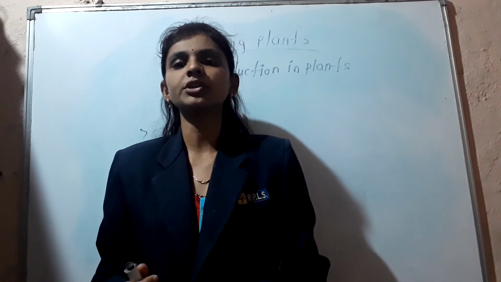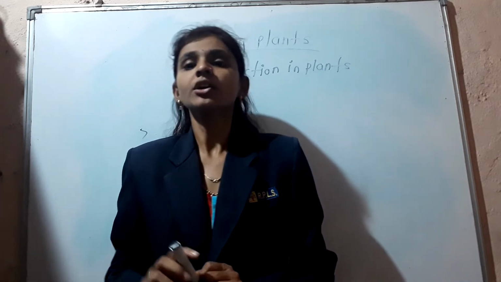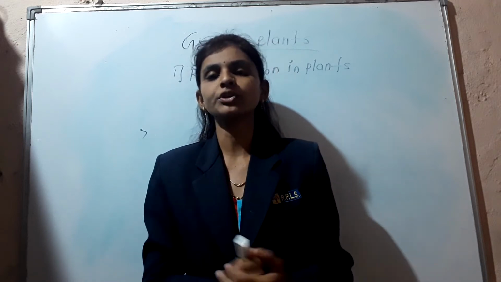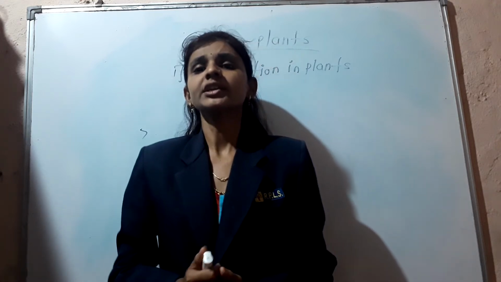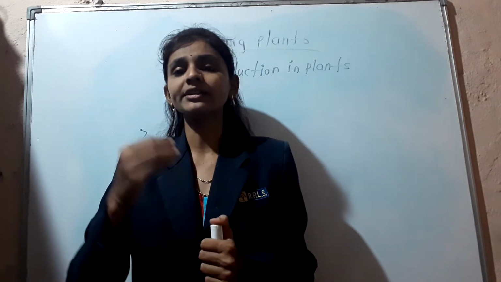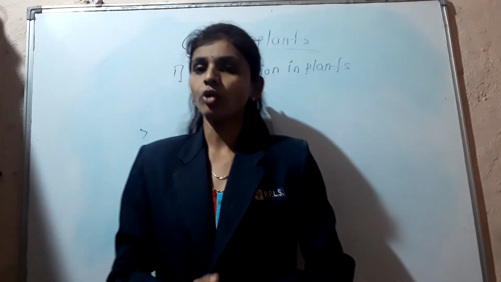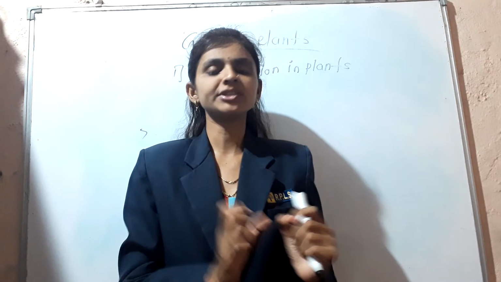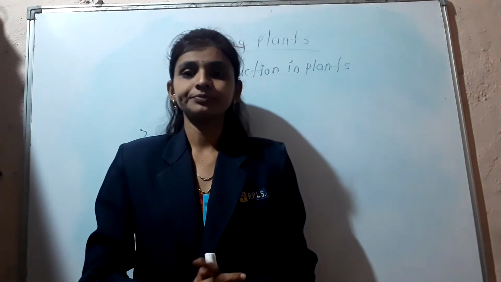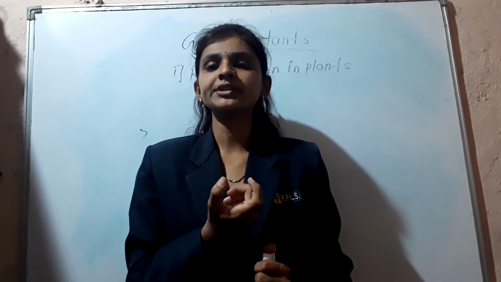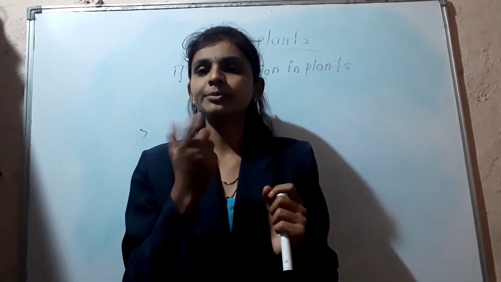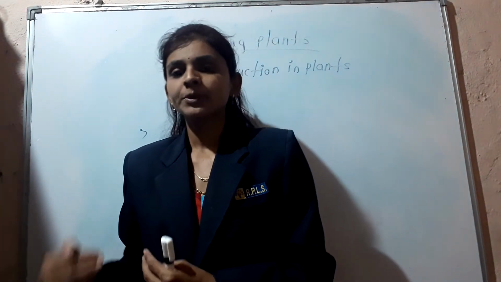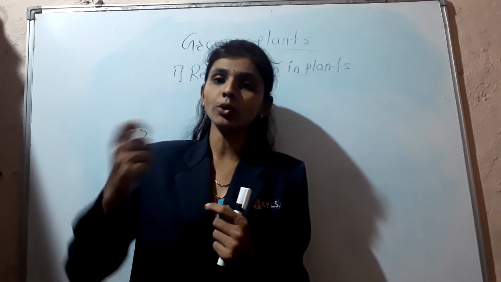These all are the parts of the flower. Next, how can the plant reproduce through the flower? The flower has two parts: the male reproductive part, the stamen, and the female reproductive part, the pistil. The stamen consists of the filament and the anther. The pollen grains in the anther get transferred to the ovary present in the pistil, and the ovary contains the ovule.